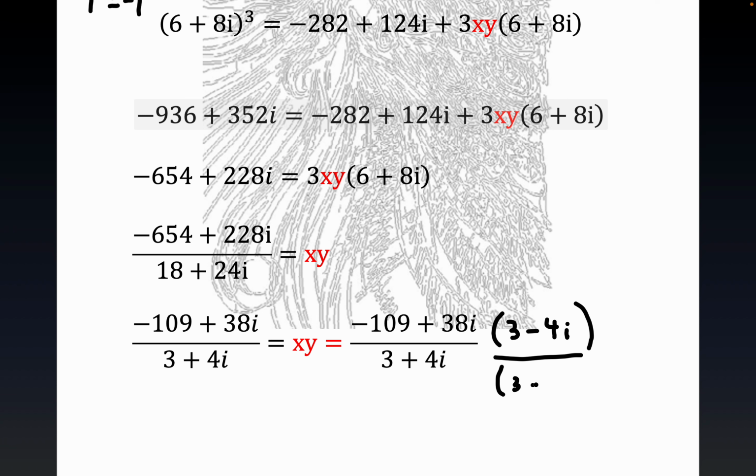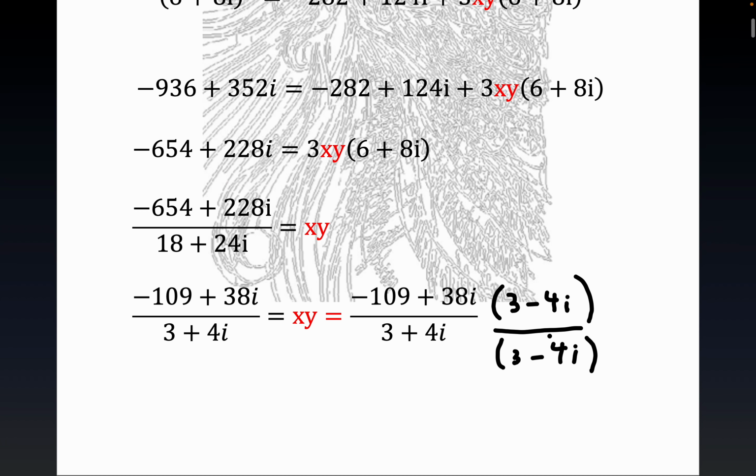And again, a lot of mathematics is sometimes just multiplying through by a cleverly disguised version of 1, right? So notice this is just the same thing over itself. It's equal to 1. But you have this form a plus b times a minus b. And so what you end up with, I'm not going to do every last bit of it. I'll tell you what the result is, and you can verify if you want, but you would have minus 109